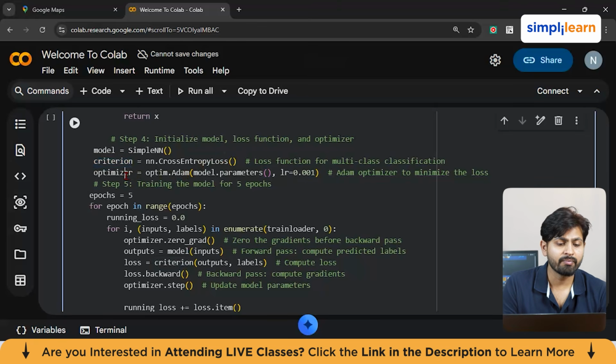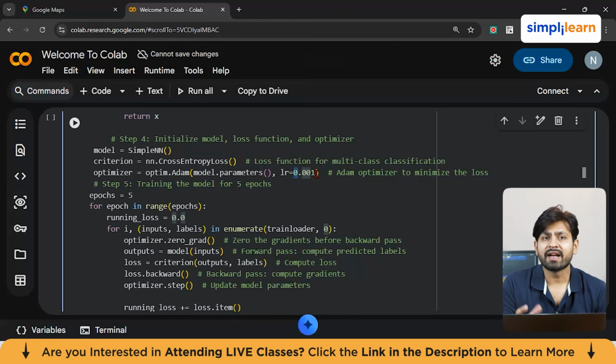And after that, I'm putting the optimizer value, which I'm using through optim.Adam. So the Adam optimizer is there, and you can see the learning rate I have used is 0.001. Now, the Adam optimizer adjusts the model weights based on the gradients during backpropagation, and it is used to minimize the